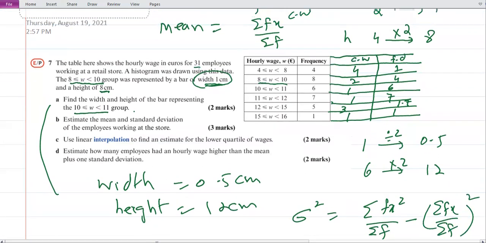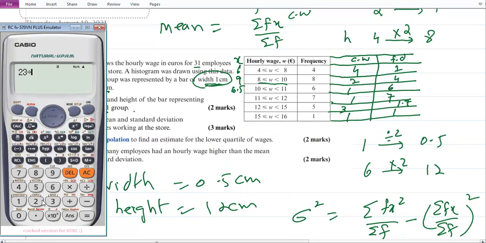So it means you have to first find the midpoint of these ones also to get your x, because what is x? X is always the midpoint. So you will get the midpoint of these, 4 plus 8, 12, 12 divided by 2 is 6. In the same way 18 over 2, 9, 21 over 2 will be 10.5. For this one, 23 over 2, if you take 23 divided by 2, it will be 11.5.